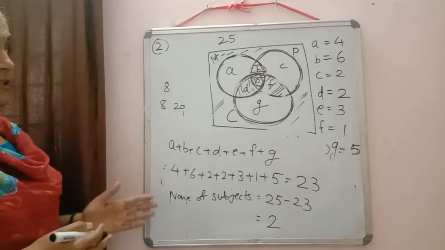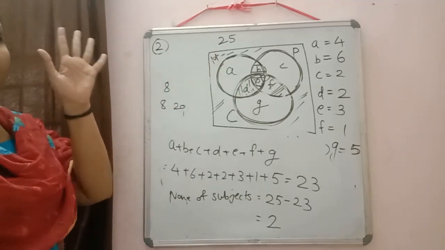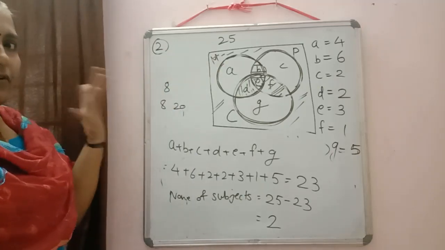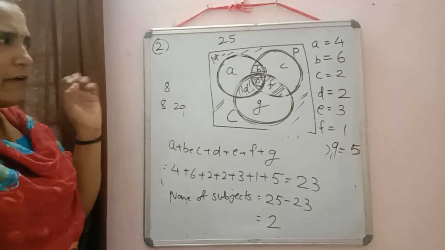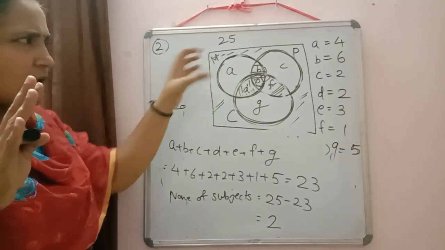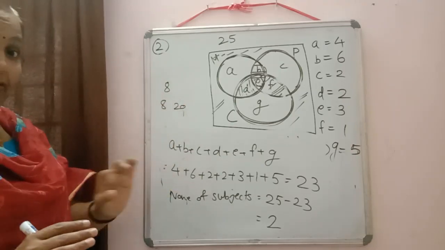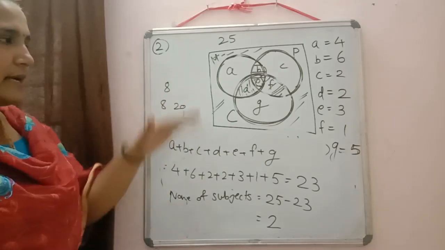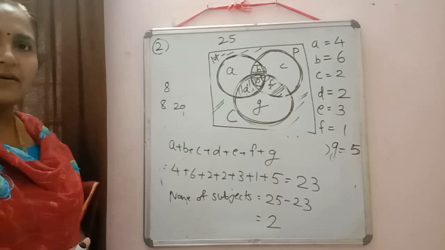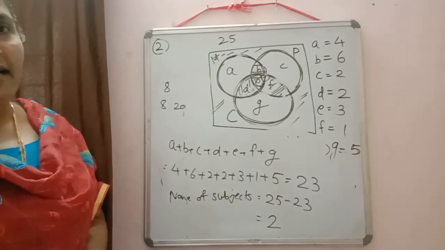So this type of question with the help of Venn diagram will be easy. But if you will go in theoretical way, you have to think a lot to solve all these questions. So better use Venn diagram to solve when 3 sets are there. So I think this question is clear to you. Okay. So moving on to the next question.